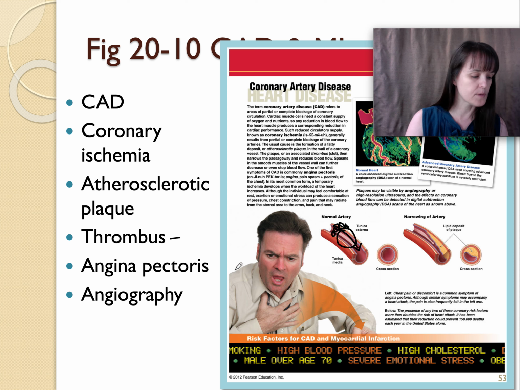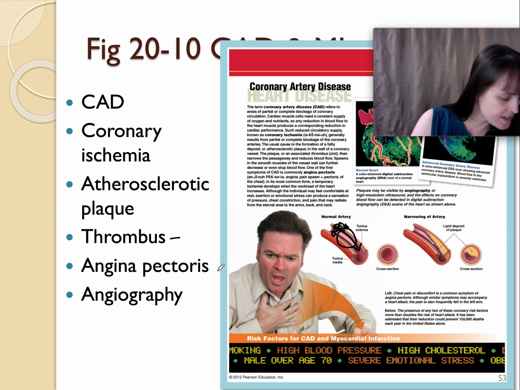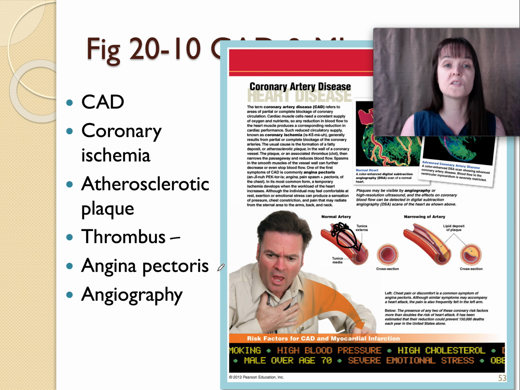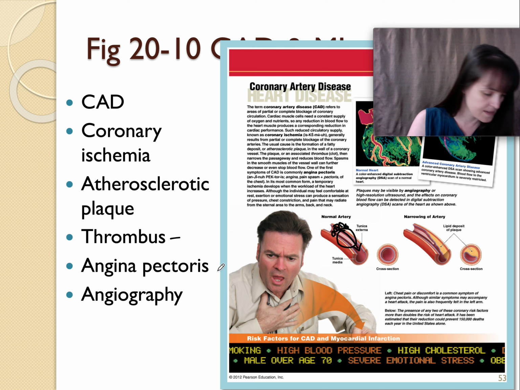Okay, so a thrombus can be a solid clot or an air bubble. That's why we never inject air bubbles into people's veins. We're very careful, right? Same as you never inject pure water into people's veins because you always use an isotonic solution, not a hypotonic solution. Otherwise their blood cells would explode, which we talked about last semester. Angina pectoris is a pain spasm of the chest. And